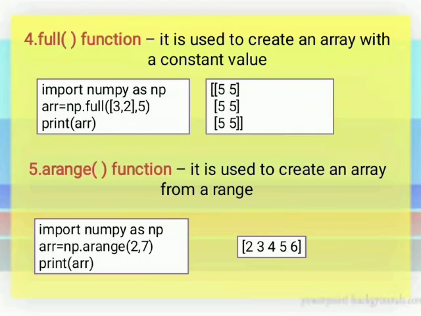np.arange. So arange is for what? Here it is. The above script will return a numpy array of size 5 with elements 2, 3, 4, 5 and 6. Remember that the arange method returns an array that starts with the starting index and ends at one index less than the end index. So what is the last value given? 7. So it will display till 1 less value. So 7 minus 1 is 6. So 2, 3, 4, 5, 6 will be the